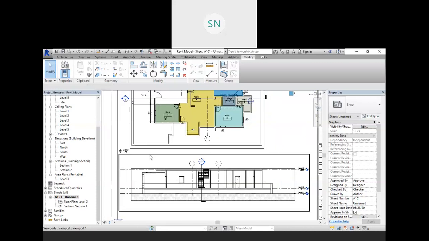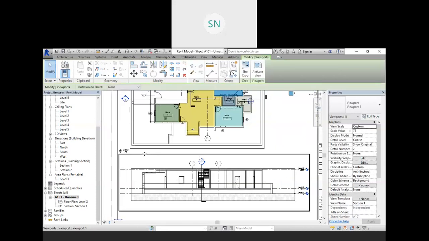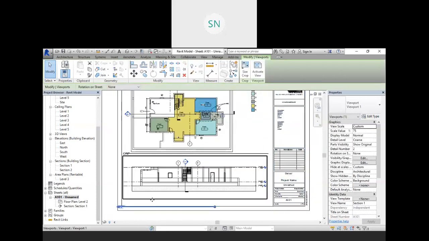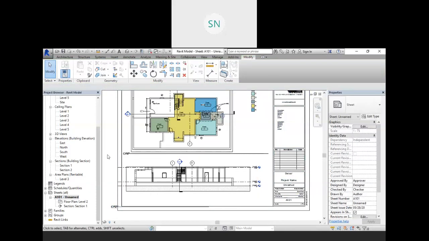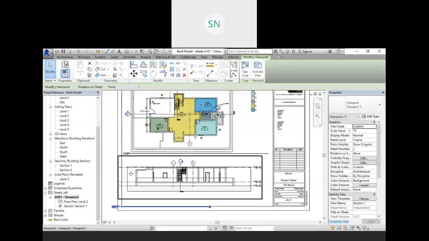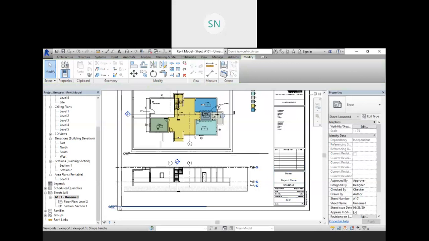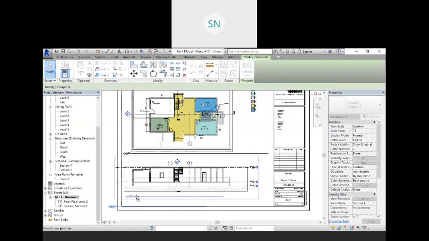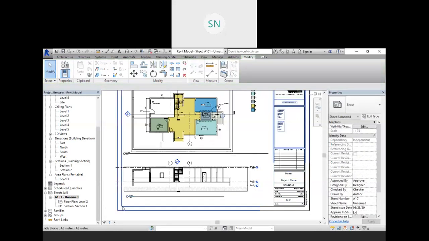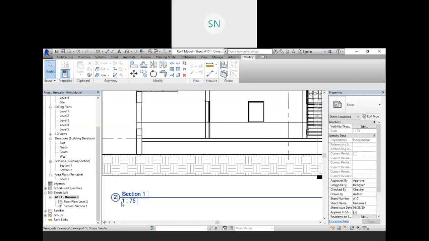So we need to place it properly. Okay, select your tagline, place it below. So it will represent that this is my section 1 and this much is the scale.